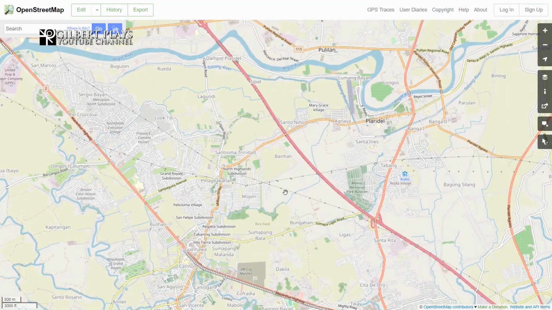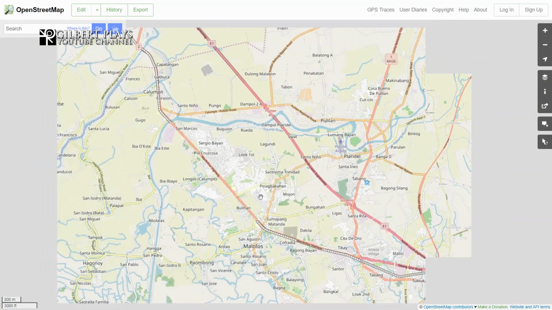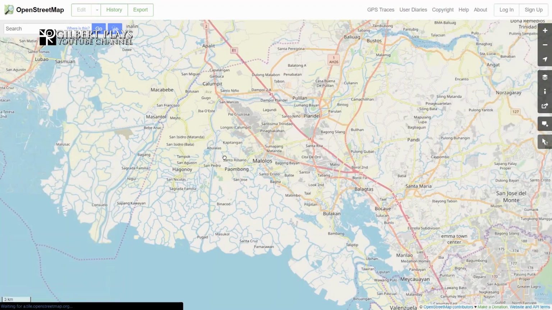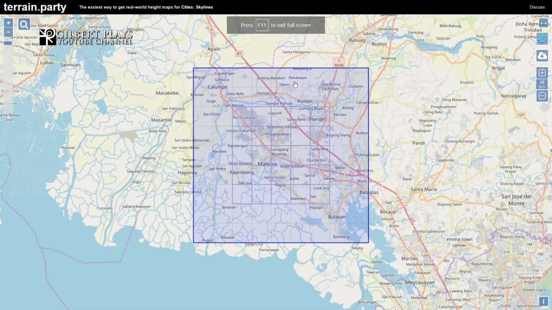Okay, I've now been able to take as many screenshots as I need. It's basically going around the map that I took from Terrain Party, as you can see here. That's basically my base here. What I try to go for is around this,